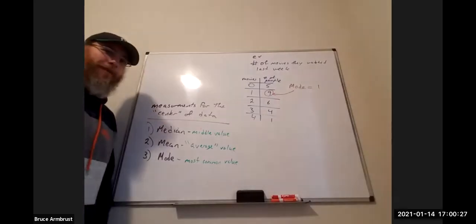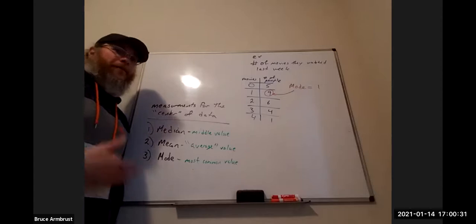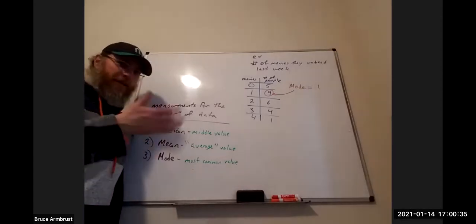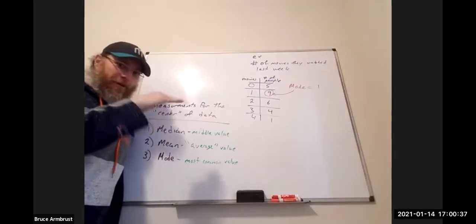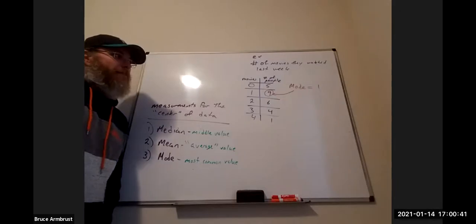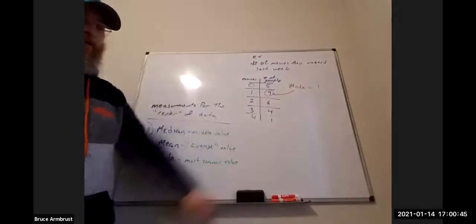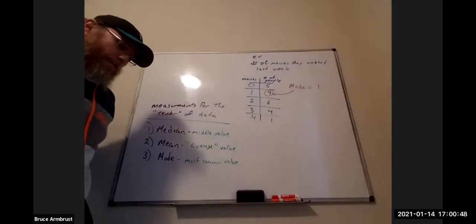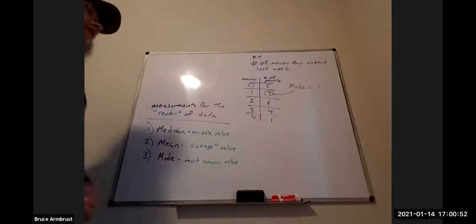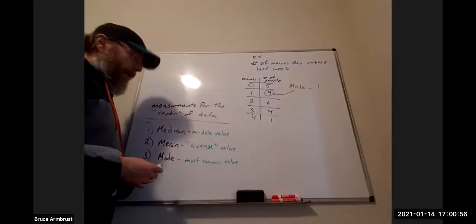Cool, pretty easy. All right, now let's talk about median. You know how to deal with median if you just have a list, right? You find the middle number and you call it good. Well, I don't have a list. I've just got this frequency table, but we're actually going to think about it the same way. All right, suppose that I were to make a list of this. I would have,